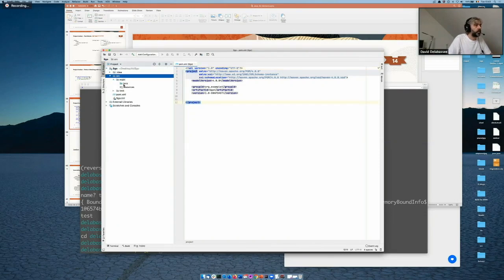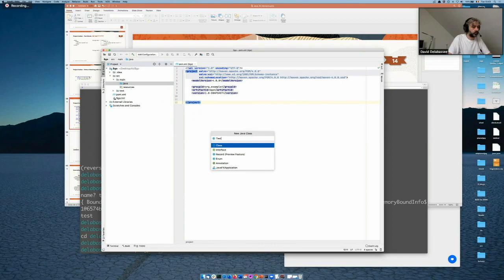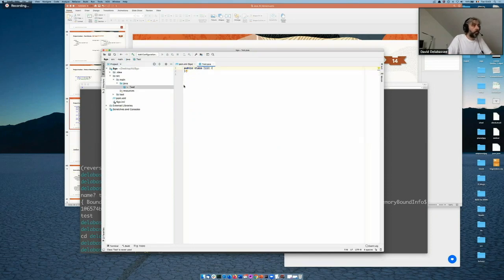Source main. Okay. Let's just run that and see if it works.